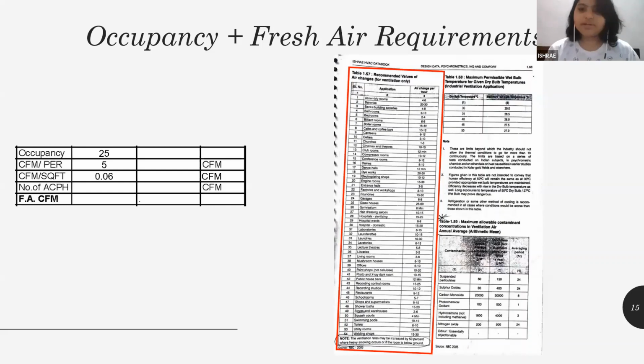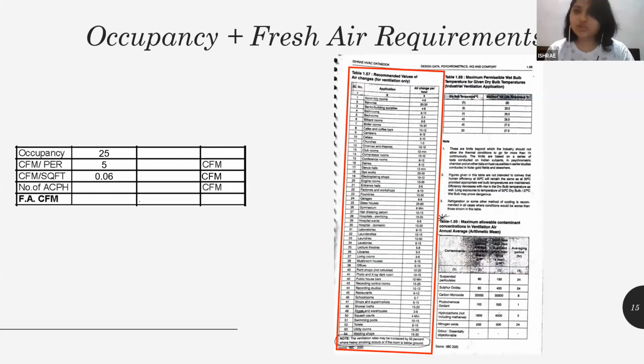The reason behind it is that air changes per hour is used in areas where your volume is too high. So let's say you have a double height area or a triple height area of 1000 square feet. If I'm having a single height area of 1000 square feet, the occupancy that I have taken, and the CFM per person and CFM per square feet that I've taken, will give me the fresh air CFM. But if the height increases, my number of people and square feet will not increase, but my volume will increase. So the fresh air that I'm going to dump in for this number of people and the square feet will become too less for the area.